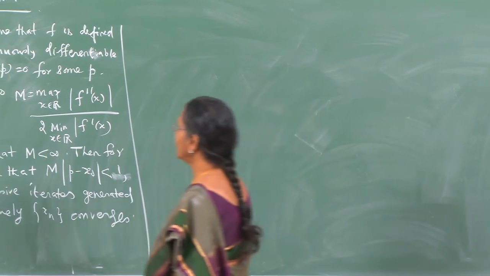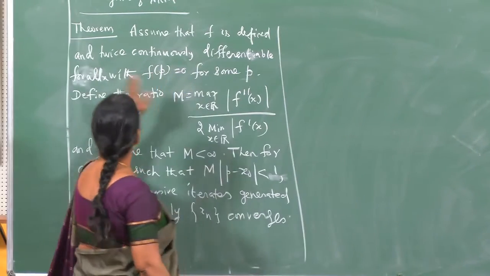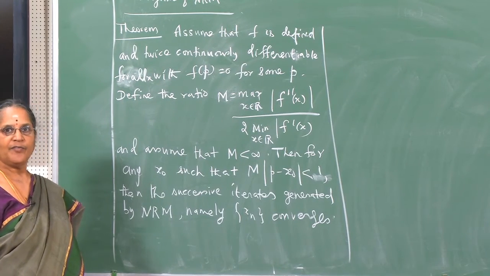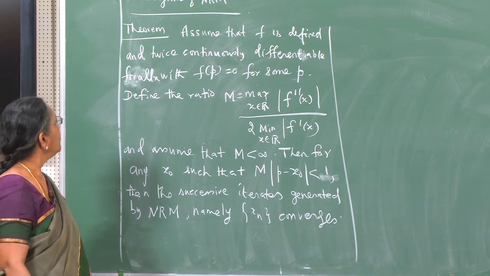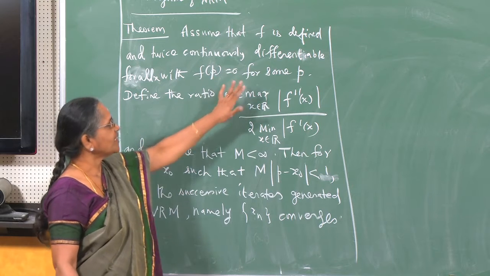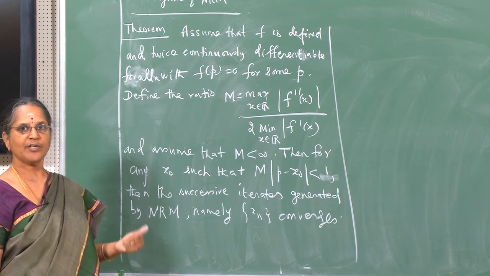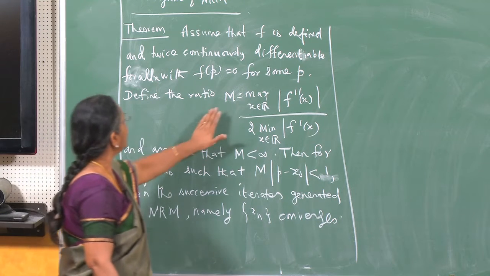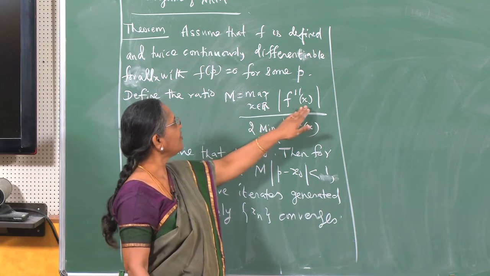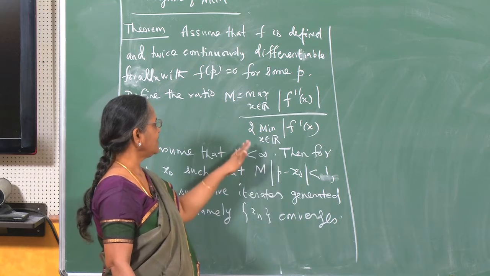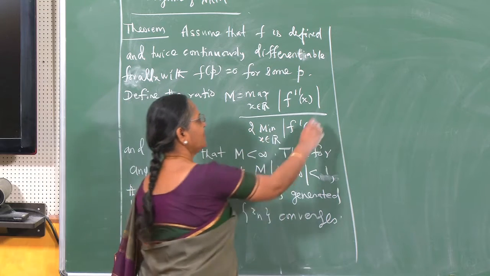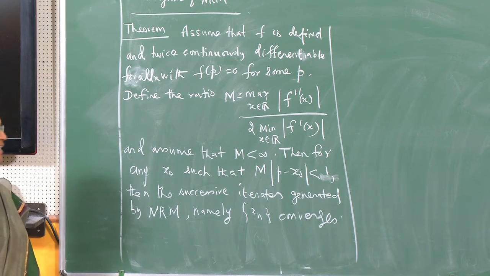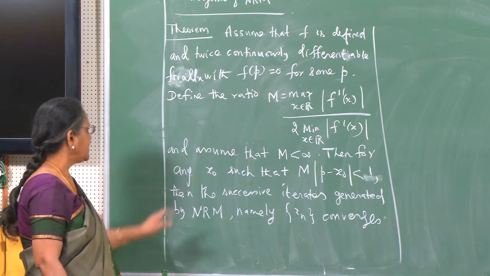So, the result says that we have a function f which is defined, and it is twice continuously differentiable for all x with f(p) equal to 0 for some p. So, p is a simple 0 of f(x) = 0. If m is such that it is the maximum of modulus of f double dashed of x by twice the minimum of modulus of f dashed of x, and m is less than infinity, it is a finite number, then